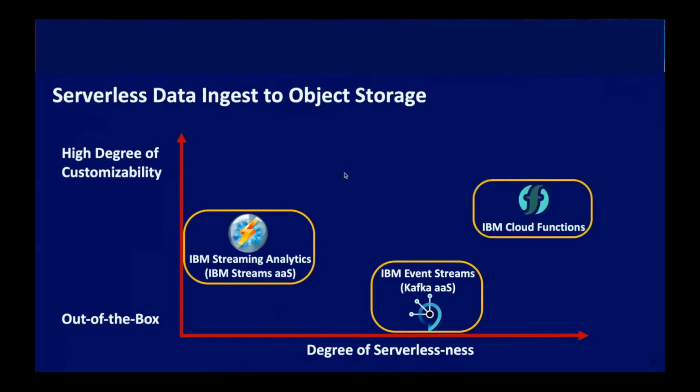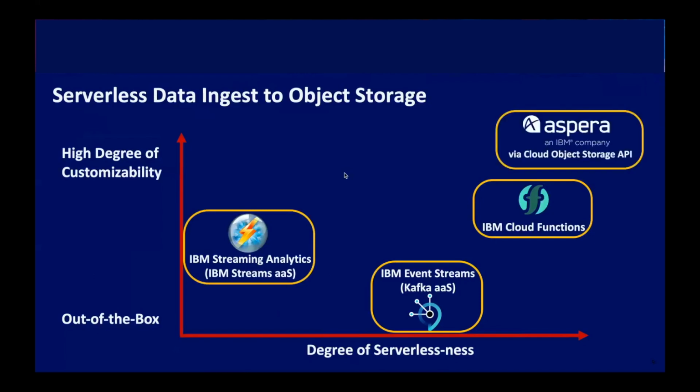Then we also have IBM Cloud Functions, which is also an option you can use to ingest data to Cloud Object Storage, because you can trigger Cloud Functions message by message from a Kafka topic. And then you can have a completely custom way to process the data, use custom algorithms, custom transformations before you write them to Cloud Object Storage. Obviously Cloud Functions also has simple ways to connect to Cloud Object Storage, but it gives you the complete custom coding capability that you can inject as part of the message processing before you land it. And as our serverless technology for function as a service, it's entirely serverless in IBM Cloud.